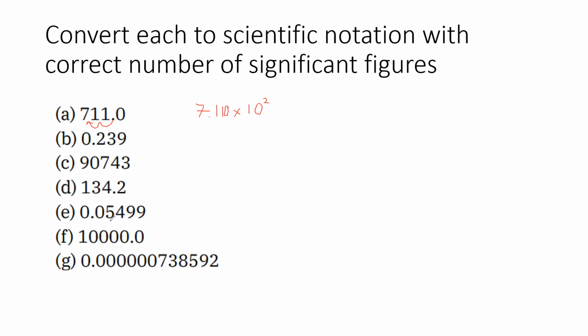If we look at the example for letter E, and it would be kind of the same thing with G, we've got the 0 at the front. It doesn't represent any value, because if we're thinking about grams again, we just wouldn't have enough mass to represent that 10th place. But we can also consider it insignificant because if we do scientific notation, we've got to move that decimal to the right too. So we'll have